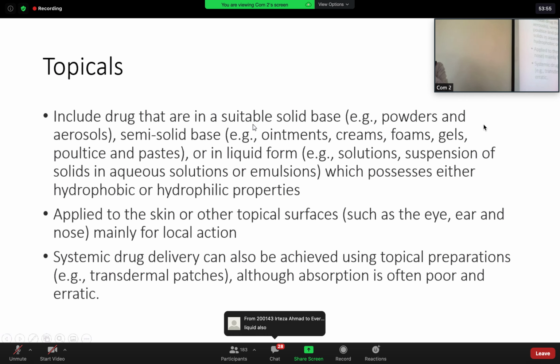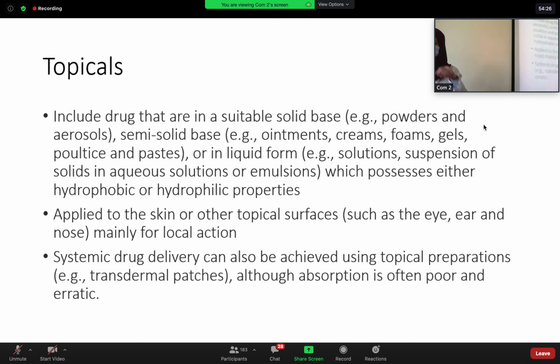And here we have the ointment, creams, foam, gel, paste, and liquid forms like solutions and suspensions, when they are mixed in an aqueous solution or emulsion. And some of them have hydrophilic or hydrophobic properties. They can be applied directly to the skin or to other surfaces like the lung, for example,